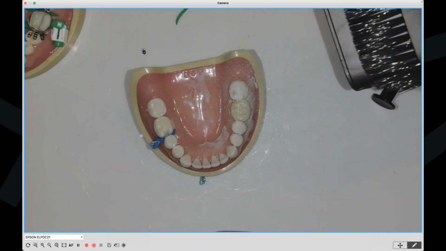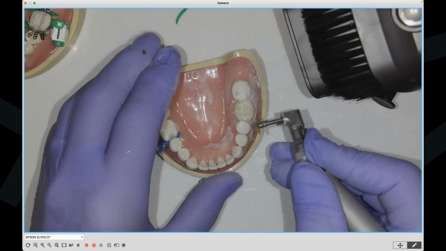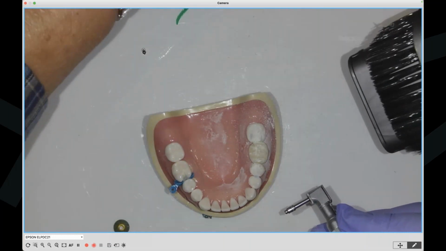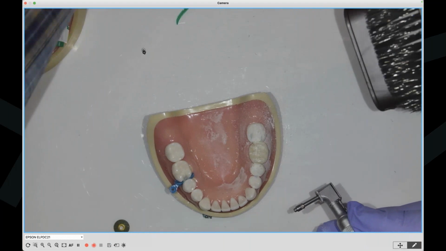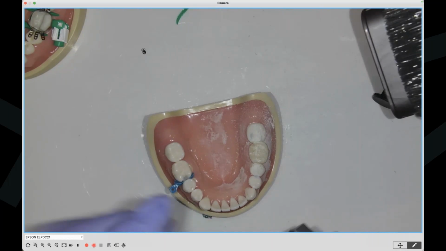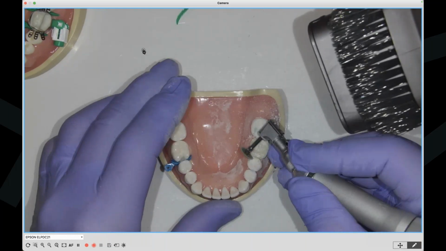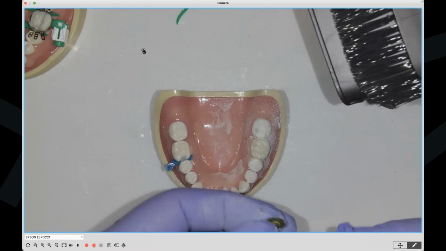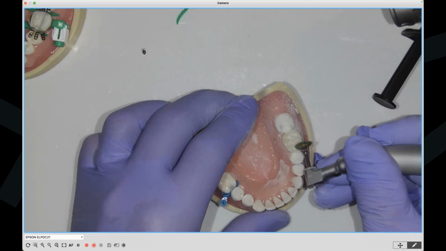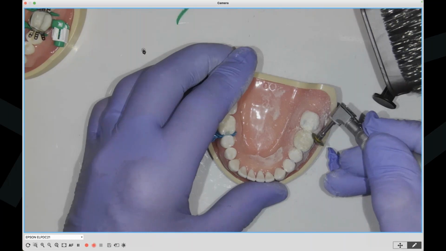Switch side. One more of these. We should be ready then. Pivot. Really, I'm gonna stay on there. Okay, final shaping.